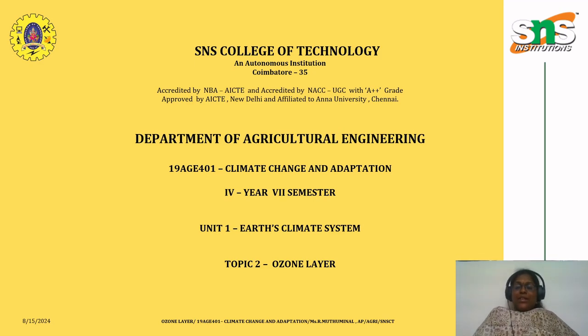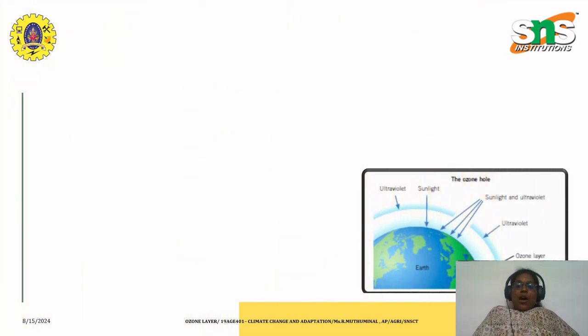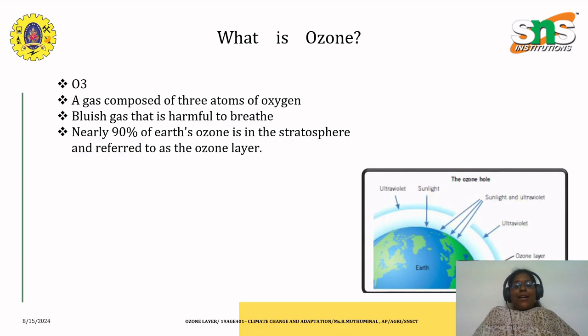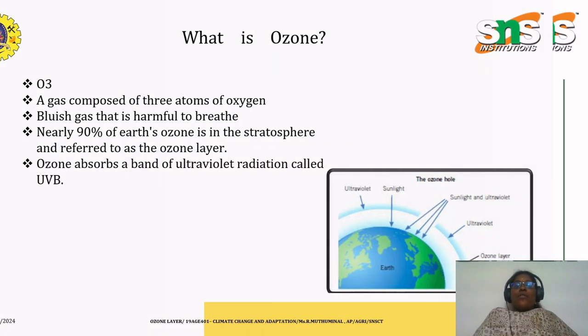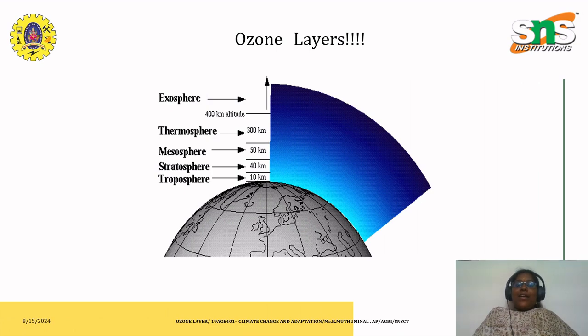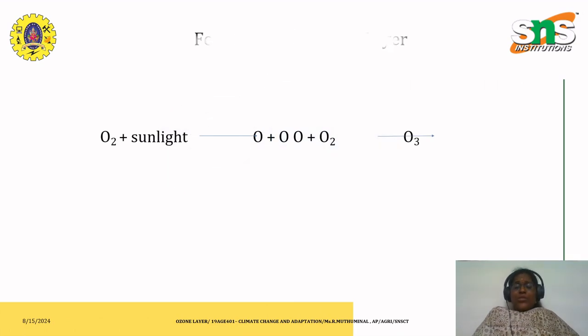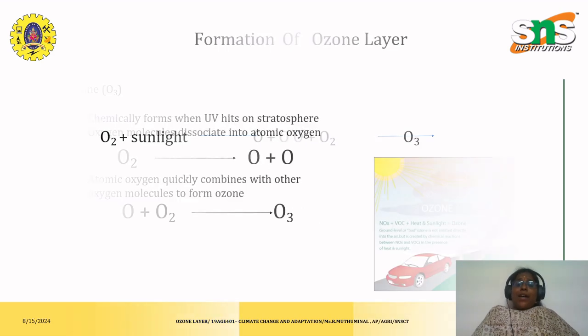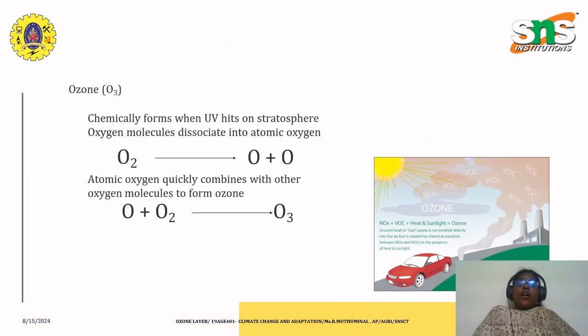Before going into the session, let us have a small recap of what we have seen in the previous lecture series. We have seen what ozone is and how the ozone hole is created. How does the ozone hole have a greater impact on the environment and how the ozone layer is formed? What is ozone? What is the technical representation of ozone? How much of Earth's ozone is available at every ozone layer? How do we formulate the ozone layer and what is the involvement of UV and the oxygen molecules in the